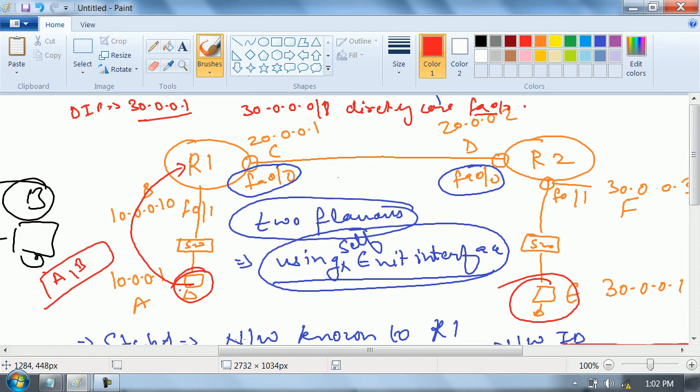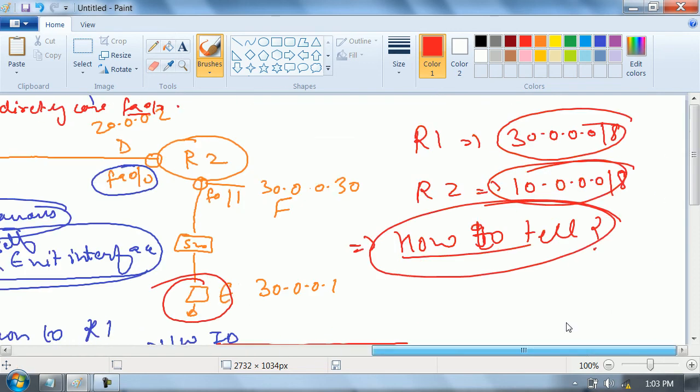Leave it. Not now. Concept is clear? Second flavor. So when you do things by using exit interface, two networks will never communicate. Now there will be a question in your mind: sir, why do we build this way then? If there is no communication, why do we build this way? So guys, this way is used. You always use exit interface